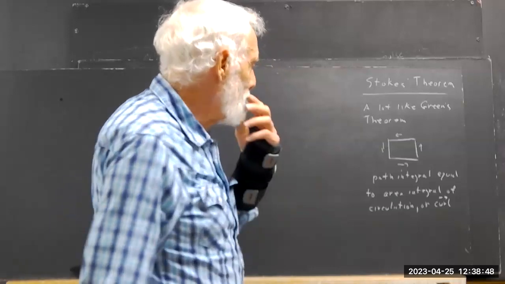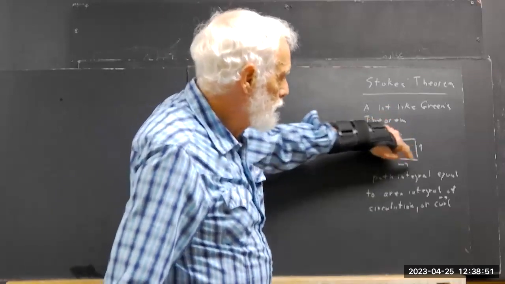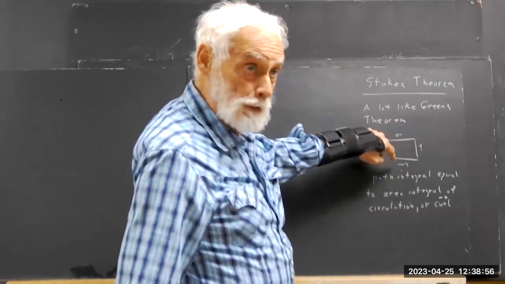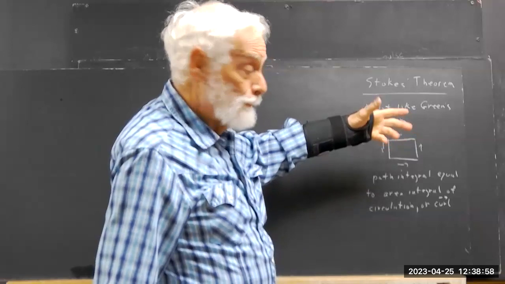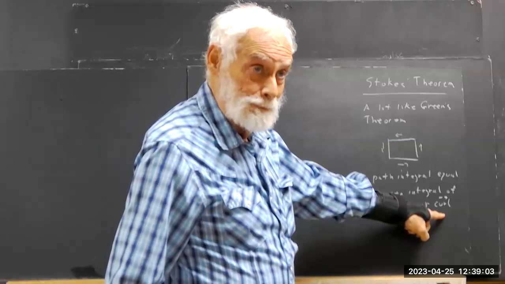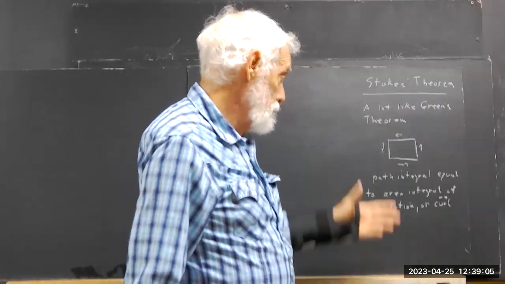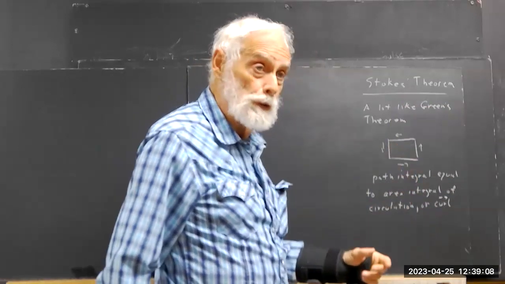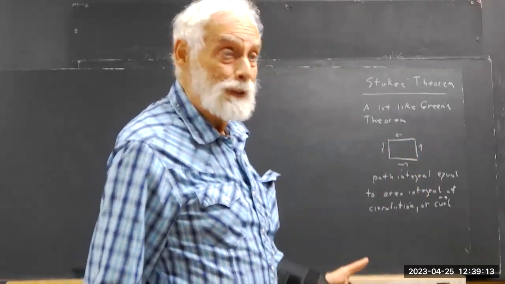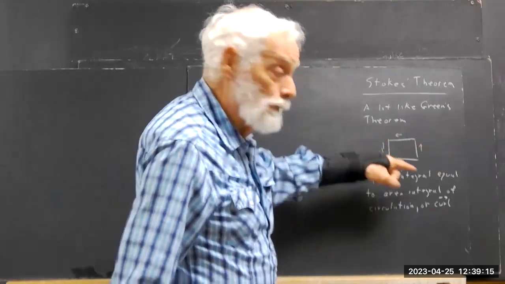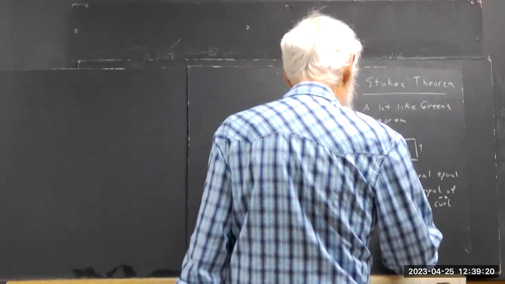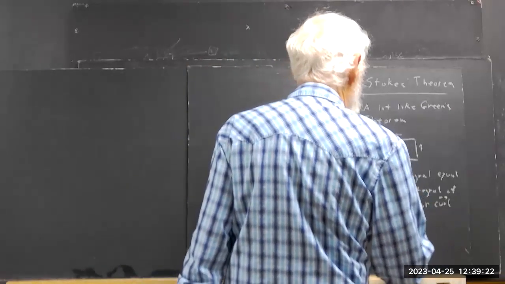Not being specific, you say the path integral around here. If the path integral isn't zero, then your field is tending to circulate around this region. At every point, circulation is measured by the curl. If you integrate the curl over the whole region, you get total circulation, the same as if you integrate the function over the path. And we drew a picture for a general region,